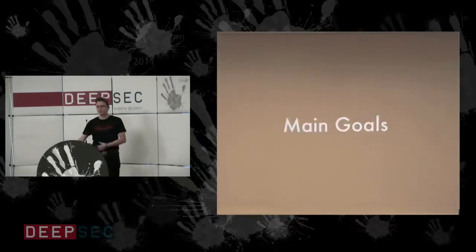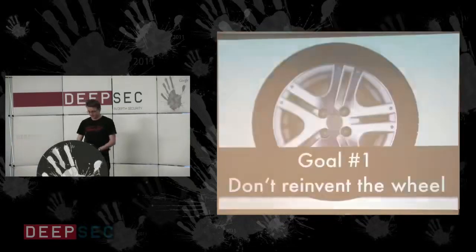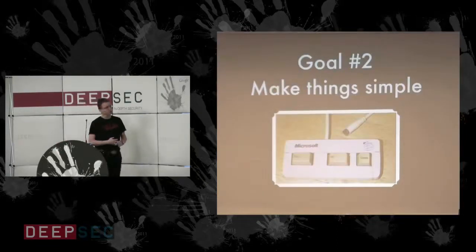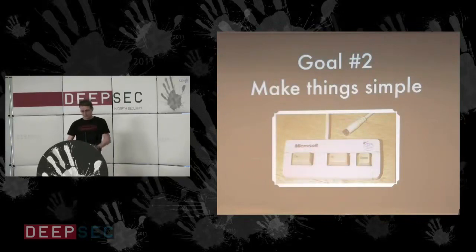The main goals we had when we started. Goal one was we didn't want to reinvent the wheel. So we wanted to focus on what had to be changed and leave everything else. Don't reinvent any software which is already there. Just, as I mentioned in the beginning, keep it simple. Which is also goal number 2. Simple, simple, simple. Make it easier to use, make it easier to follow, make it less complicated to manage, etc.